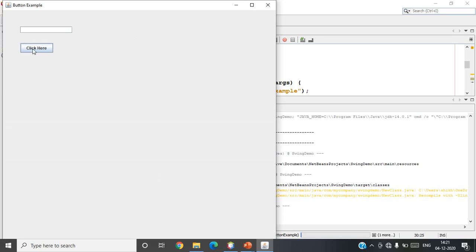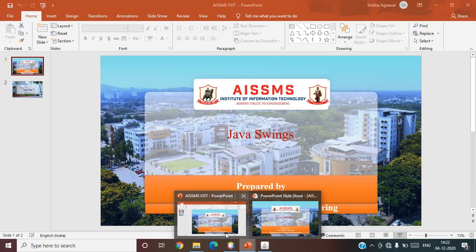Now when I click on this button, which is my Click here button, it is going to use the action listener. And what will be the action performed? tf.setText("Welcome to AISSMS IOIT"). So whenever I am clicking on this button, it is going to set the text field to Welcome to AISSMS IOIT. So students, this is all about